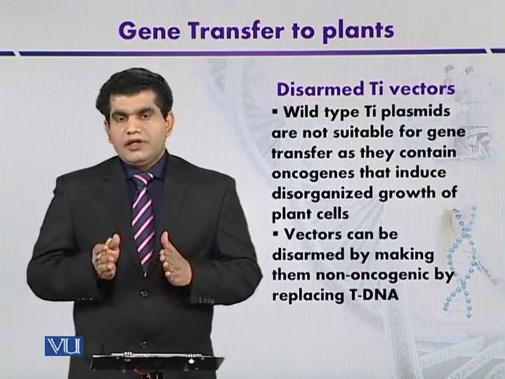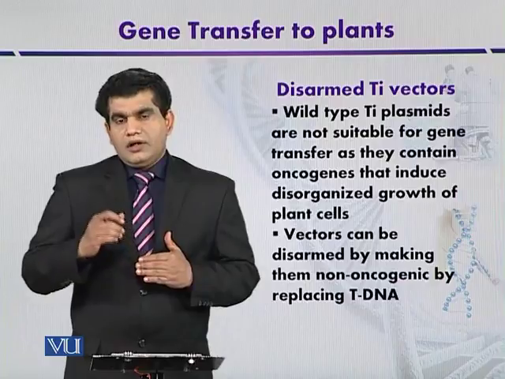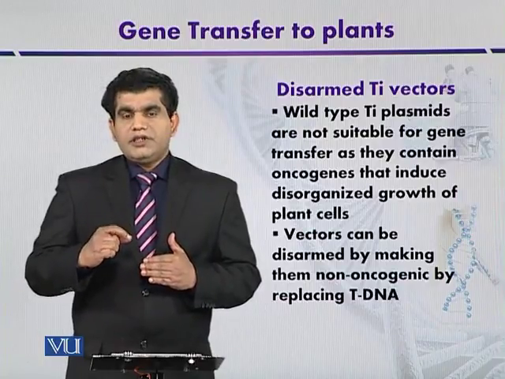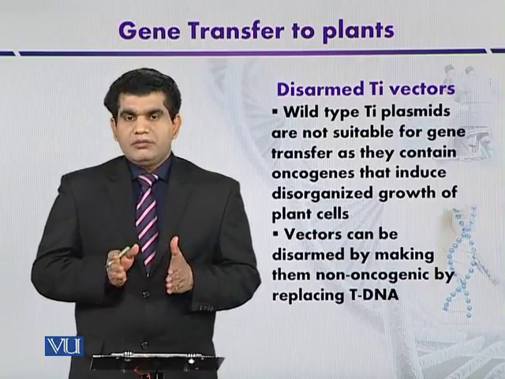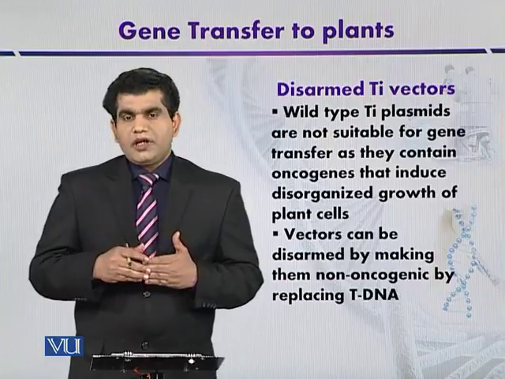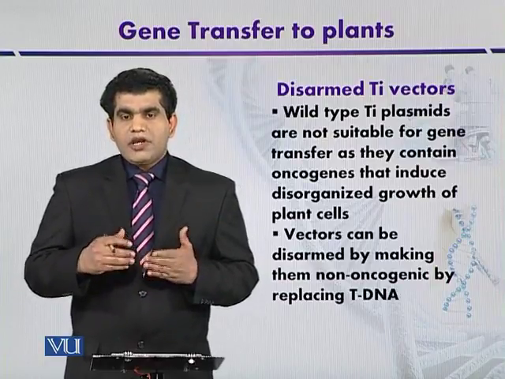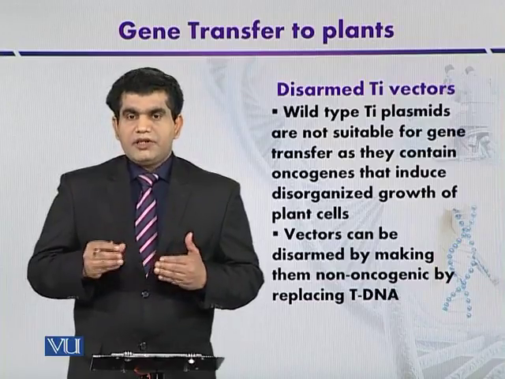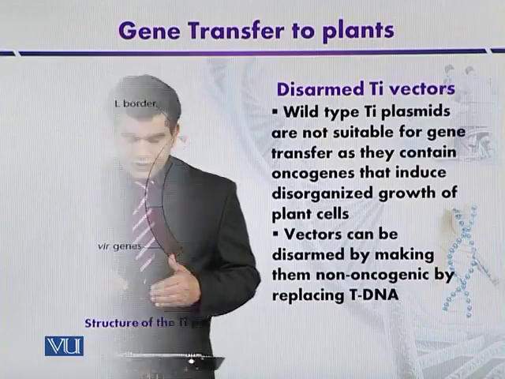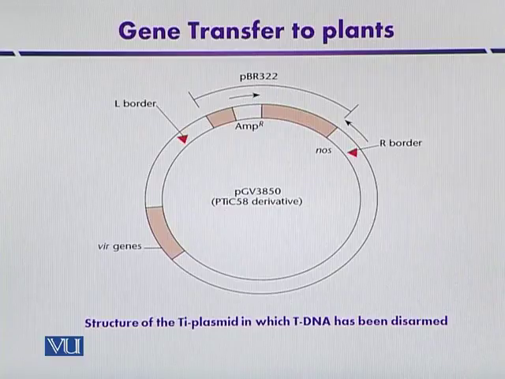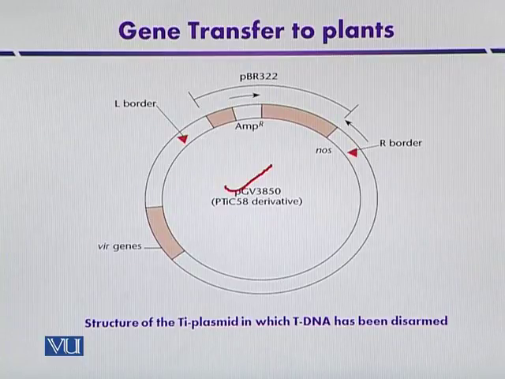In addition to that, the nopaline region of the tDNA has been maintained because this nopaline will act as a selectable marker. So we can study one example of a disarmed TI plasmid. This modified plasmid is called pGV3850, and it is actually a derivative of